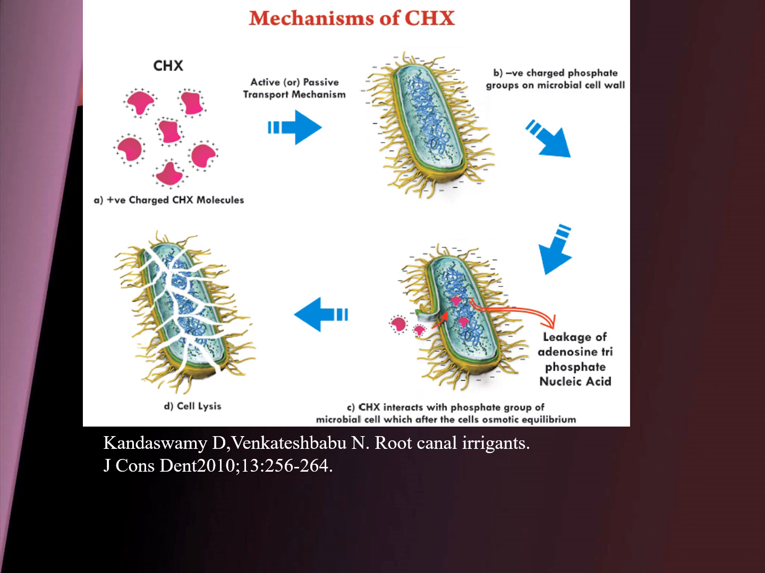Chlorhexidine is a positively charged molecule that interacts with the negatively charged phosphate groups on microbial cell wall. It then enters the bacterial cell through some type of active or passive transport mechanism. Within the cell, chlorhexidine alters the cell's osmotic equilibrium. This in turn increases the permeability of the cell wall. Damage to the delicate cell membrane causes leakage of intracellular constituents, particularly adenosine triphosphate (ATP) and nucleic acids, leading to